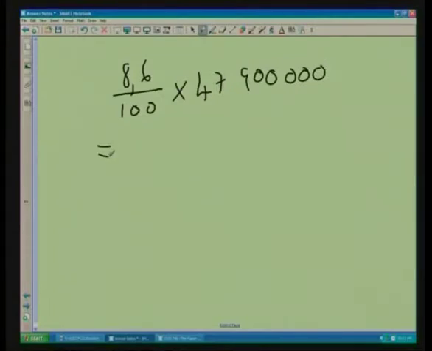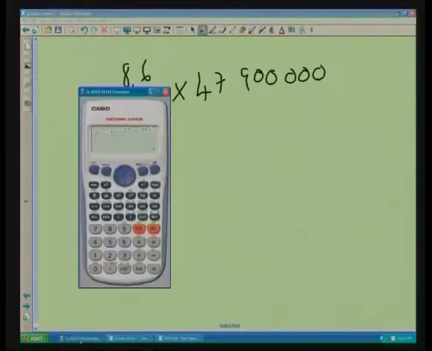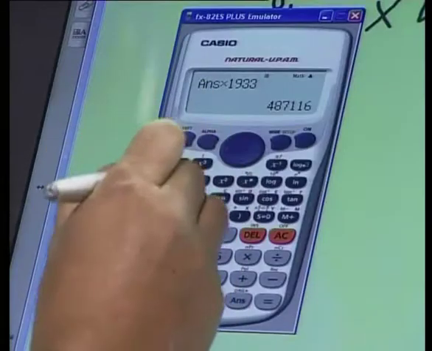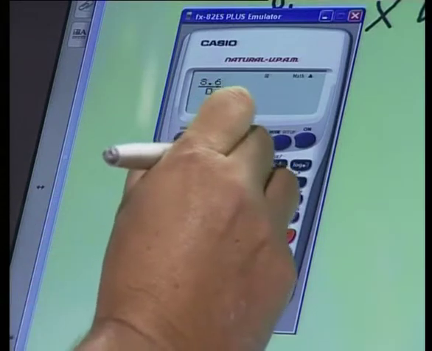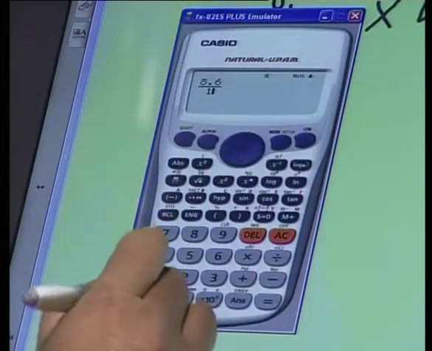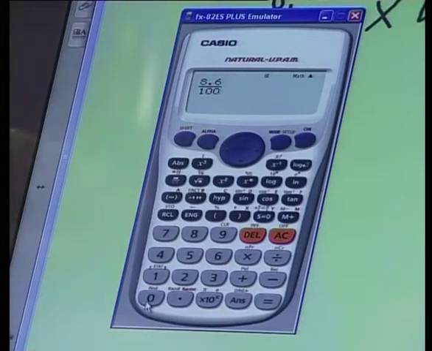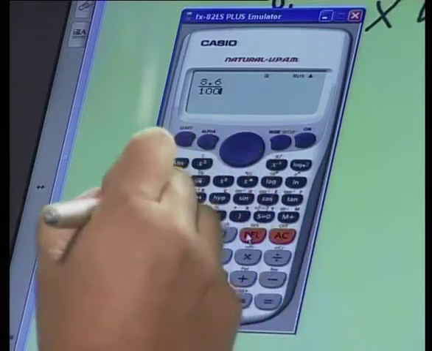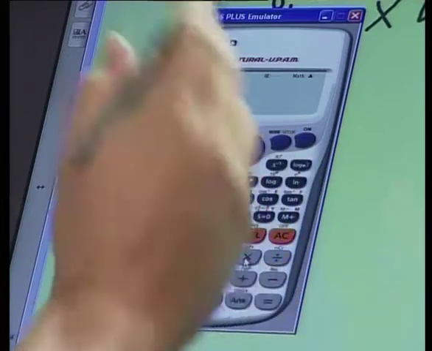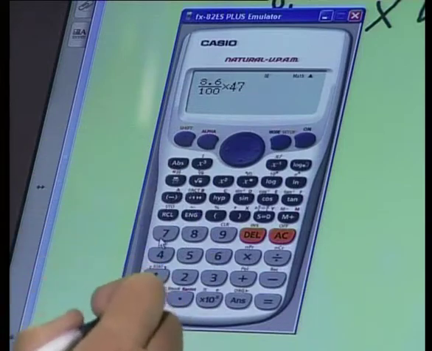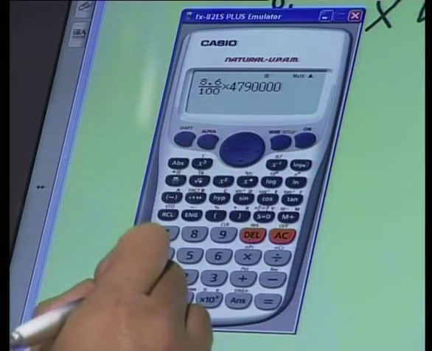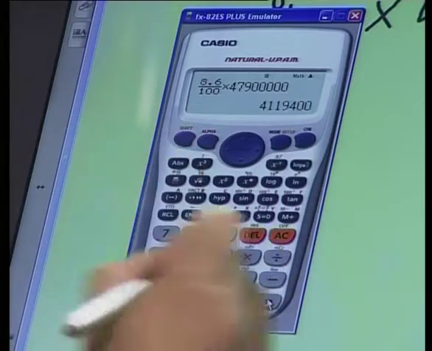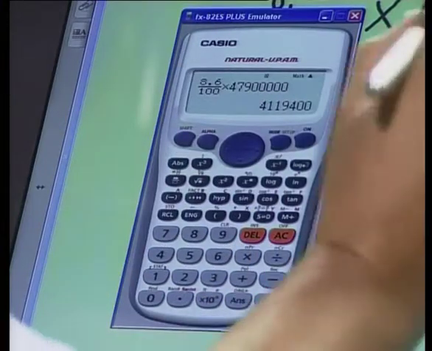Equals, we find our calculator, because I'm not going to do that in my head. 8.6 over 100, because it's a percentage, multiplied by 47,900,000 equals, and voila, there's our answer,